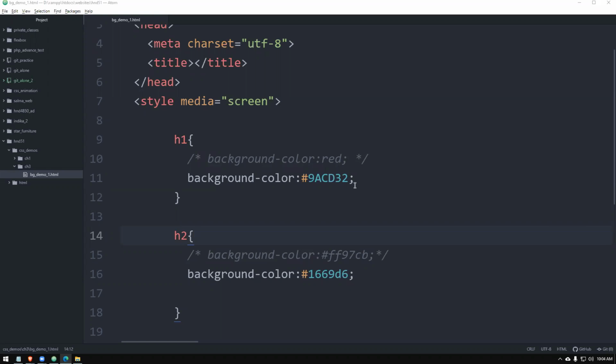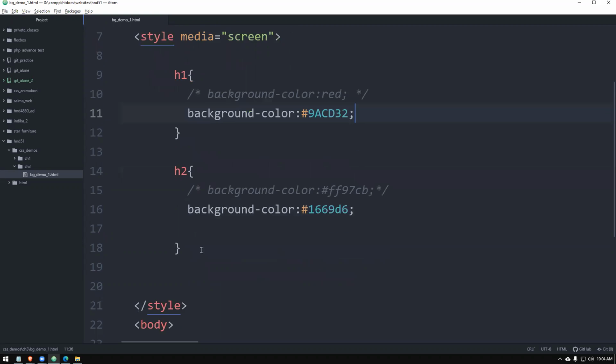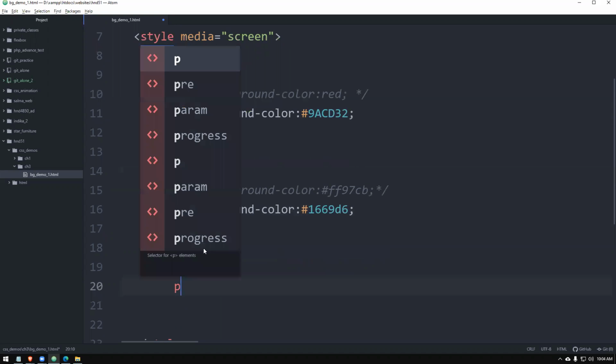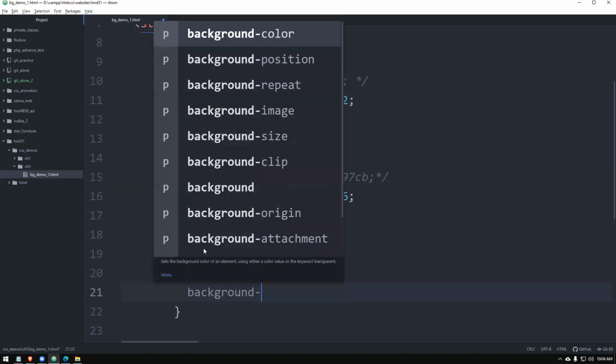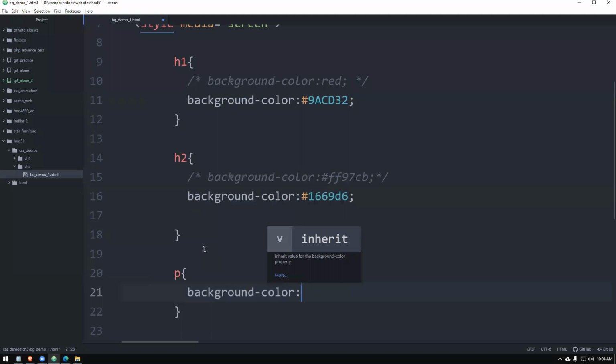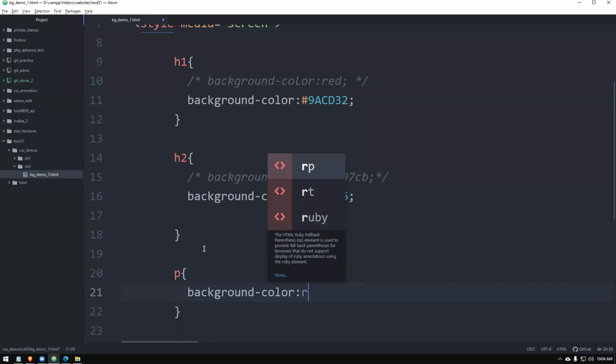Right, children, we learned about the background color like this. First, the name of the color can be given. Hexadecimal value can be given. Then I'll show you there are other ways you can give also. There are RGB also you can give, right? So let's say for paragraph, then you can give even RGB, okay?